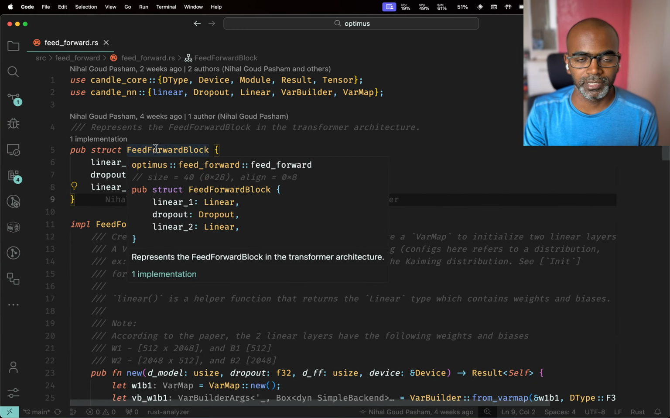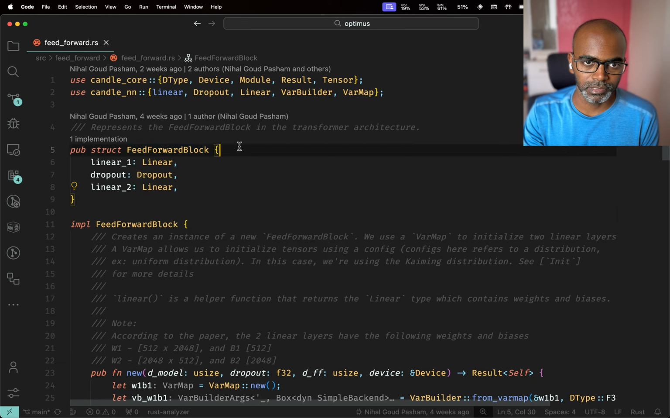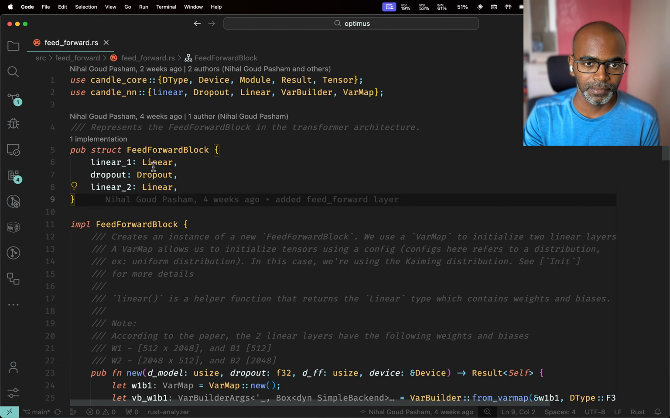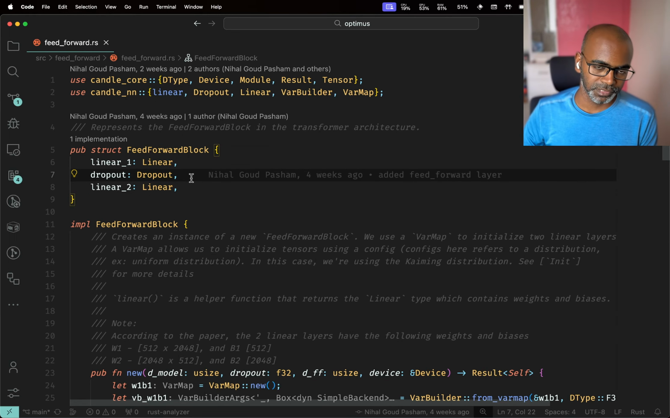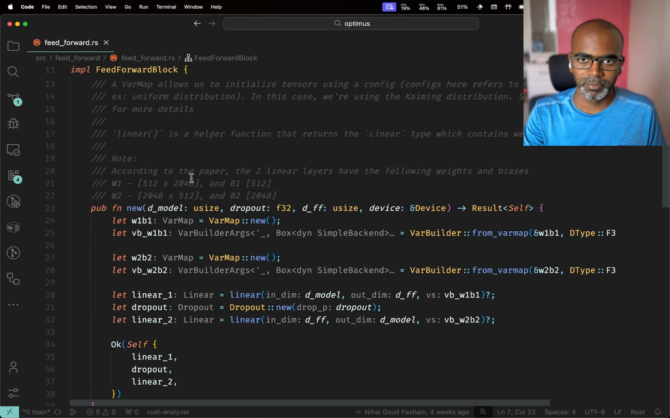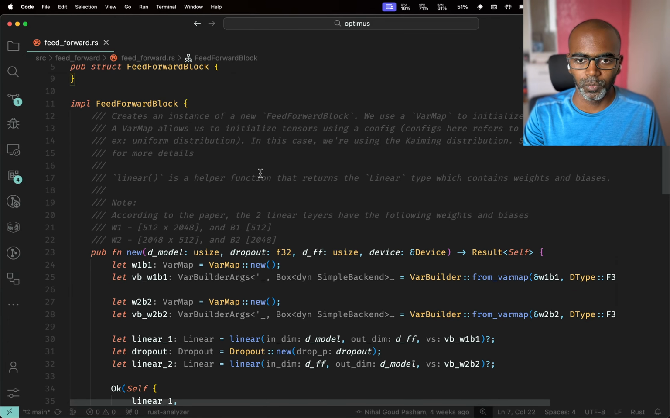So just jump into feed-forward. You see that, I went ahead and did exactly what the paper wanted. You've got linear layer 1, linear layer 2, and then there's a dropout. The dropout is, in this case, pretty much the activation function that we want, which is a ReLU. Anyway, the way we've implemented this is we're using, again,